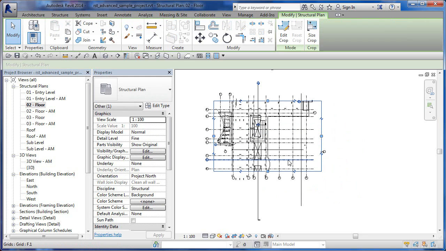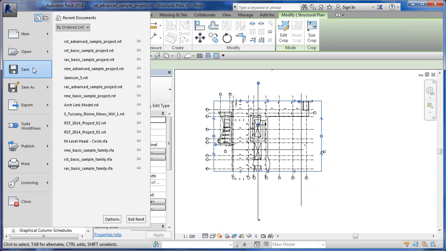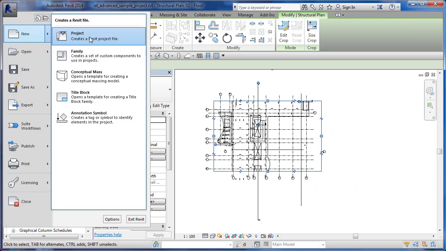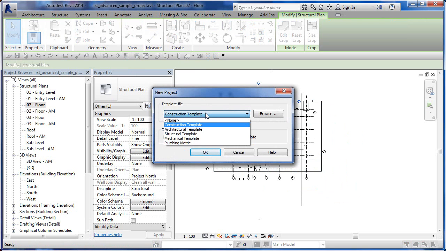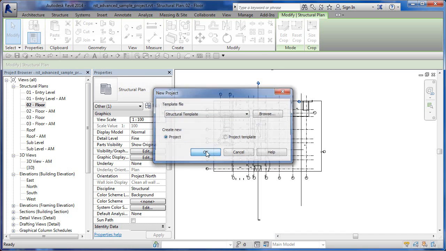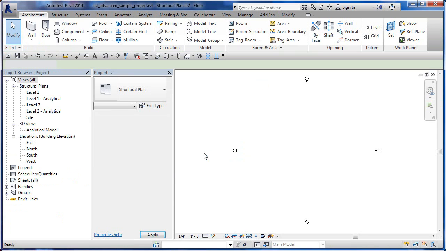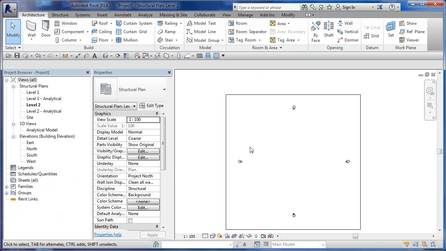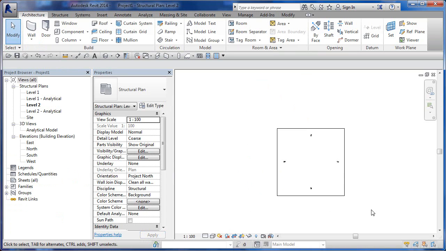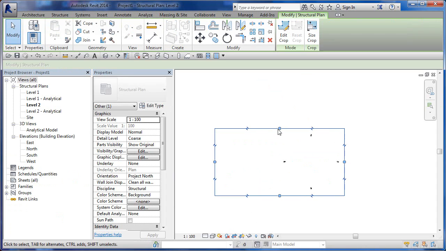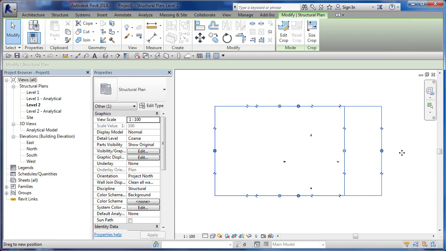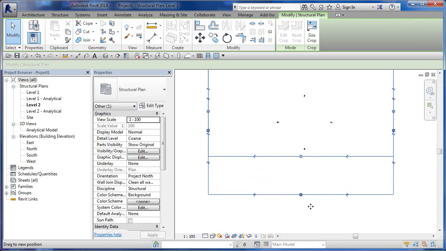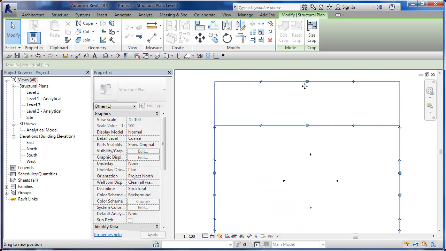Right? In here, there's already something there. If we start a new project and say, new project, and then we go in and say, use a structural template file, the first thing we should do in here is turn on that crop region and lay out some grid lines and see how big it is. Because if our project is going to be big like out here, then we probably want to grab this right off the bat, so before you start to draw anything, what you really want to do is resize this to be